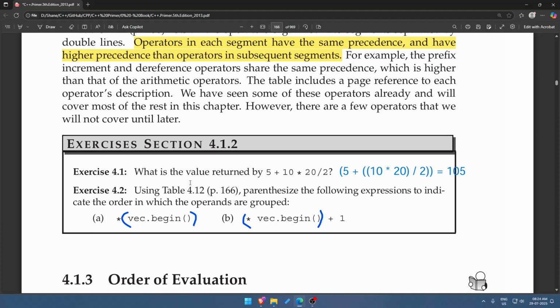Then we have, what is the value returned by this? Okay. So we go left to right, they're the same. So we'll evaluate this. This is 200 divided by 2 is 100, plus 5, 105. Okay. So using table 14.12, parenthesize the following expression to indicate the order